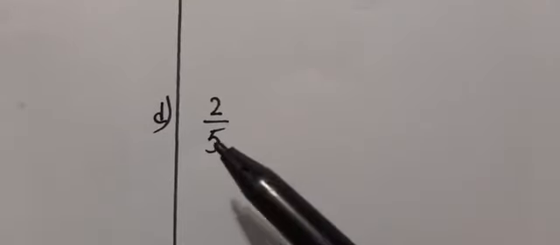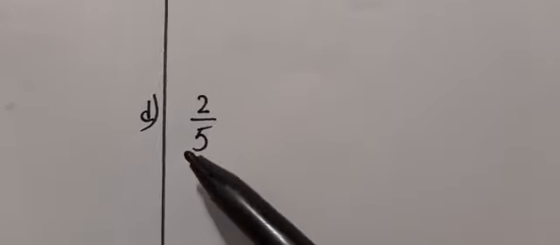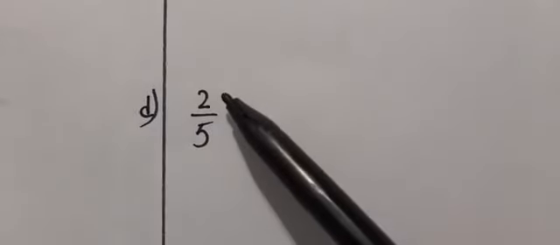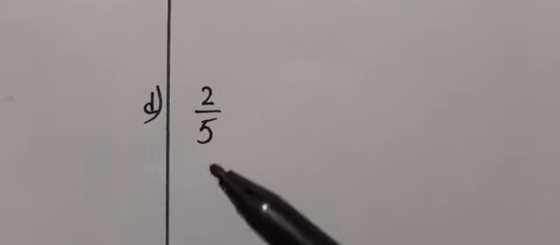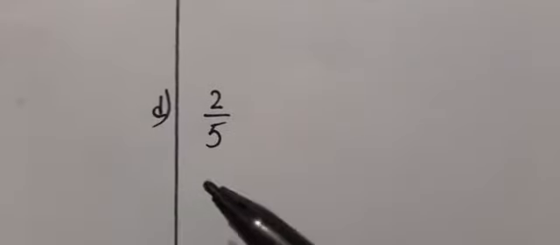As we are doing revision, I will let you do some sums by yourself. I hope, boys, you have done part C. Now this is part D, 2 by 5. So in the table of 5, does 10 come? Yes. 5 twos are 10. You have to multiply the numerator and denominator both by 2. So this is also an easy sum, and I will leave it to you. You have to do it, and then you have to show me your answer and your working. If any one of you finds any difficulty, you can ask me.